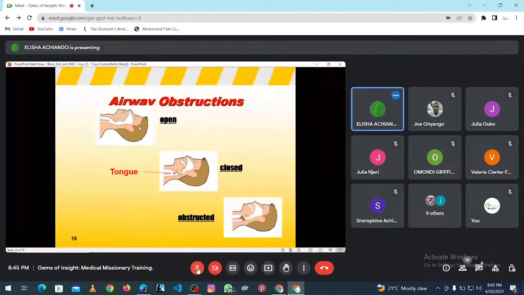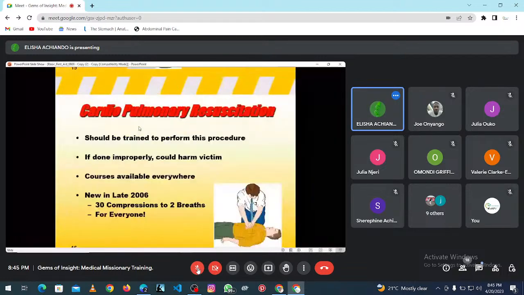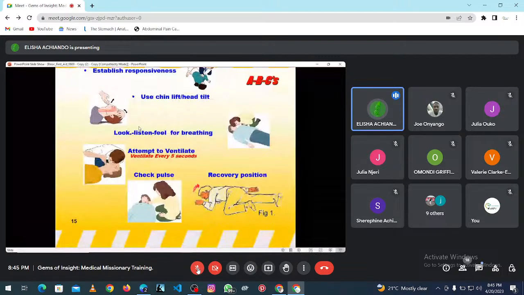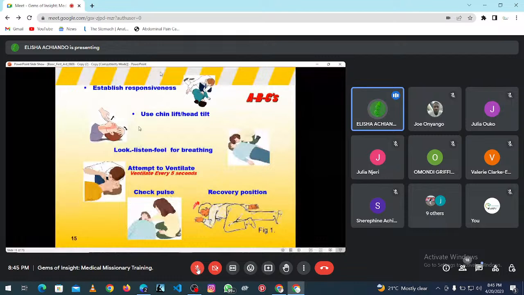So let's go back. That is B, that is breathing. Make sure these people are breathing. If they can talk, ask them if they can breathe. You can also assess. Some people can have sound breath, and this is not always recommended. Okay, so after that, you can see this one.